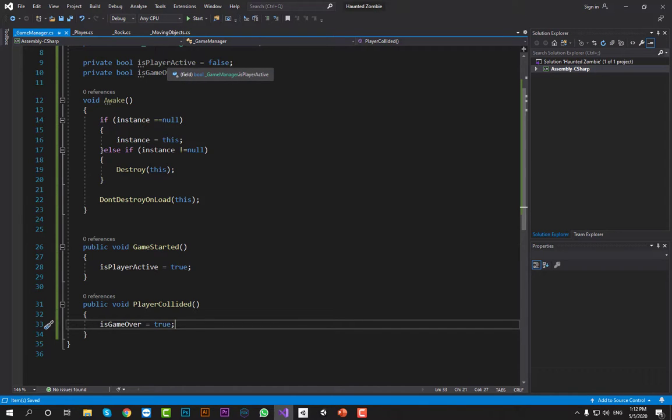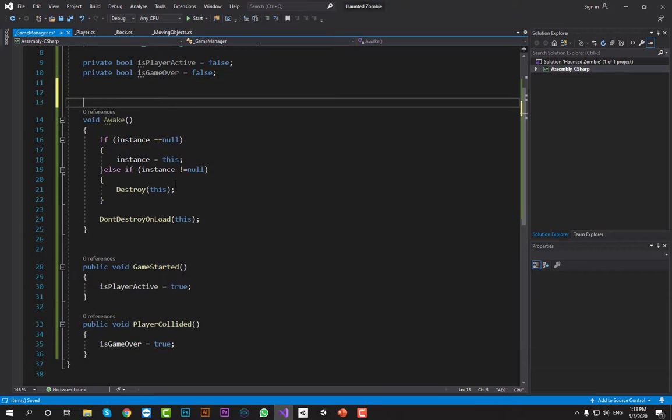So how can we create getters and setters? Let's go and create getters, because nothing can modify the implementation of these variables since they are private. So public bool, and I will use camel casing, IsPlayerActive, with the same name but camel casing.